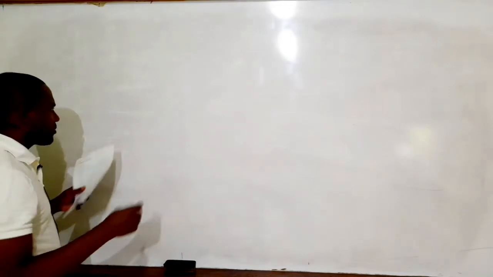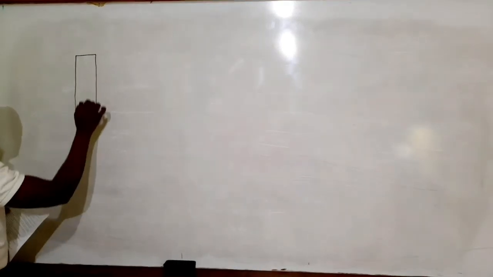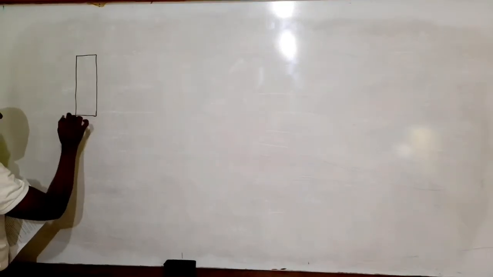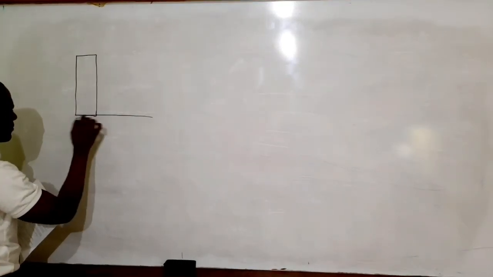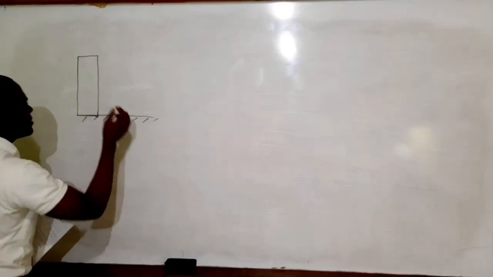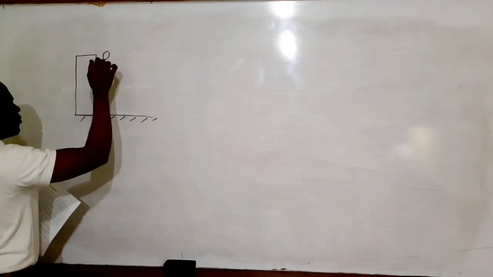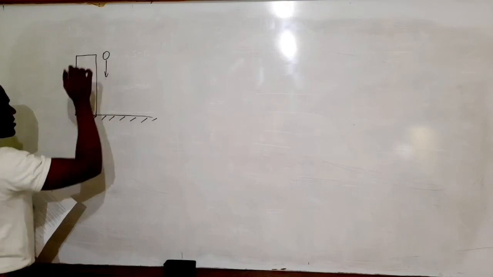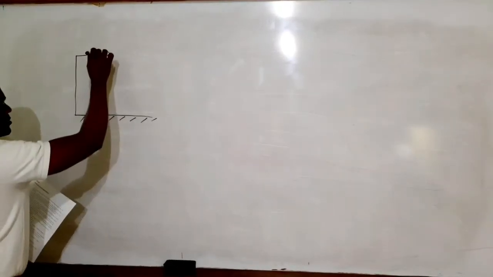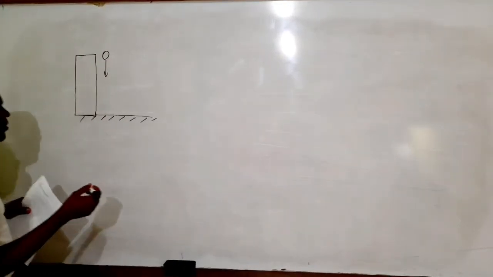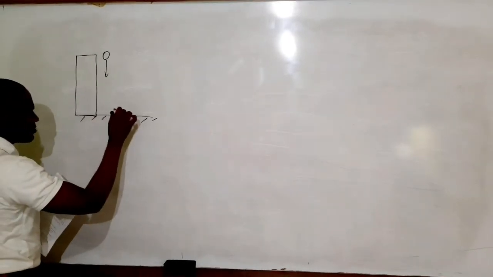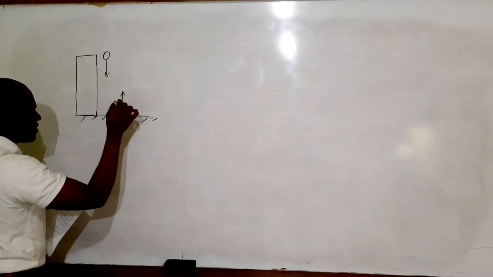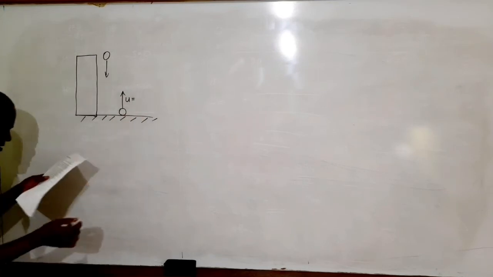So again, let's try to represent the situation on a simple diagram. So let this be the building, right? So that's our building, and of course this is the ground, right? So one stone will be dropped from the top of the building, and we'll talk about the significance of it being dropped later on. Whereas the other stone is going to be projected vertically upwards with a velocity of